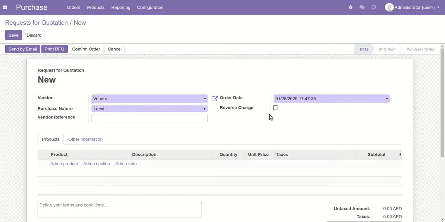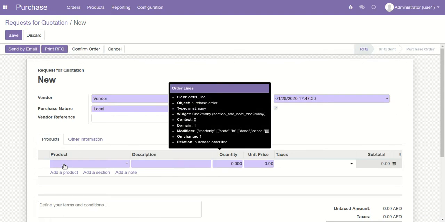If you want to apply the reverse charge mechanism, then you have to tick this. Then when you create the vendor bill from this purchase quotation, it will automatically get the information from this quotation and, based on that, create separate journal entries for the reverse charge. So let's first create a product here.